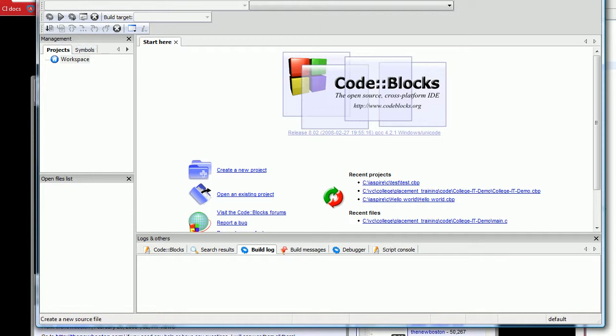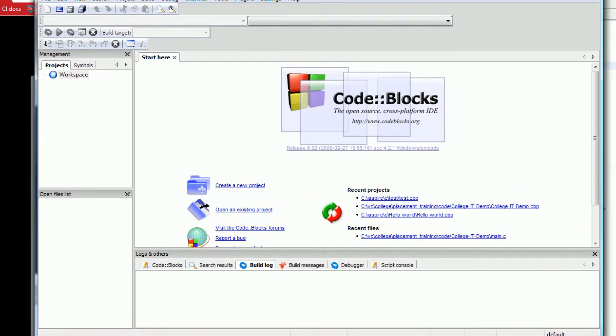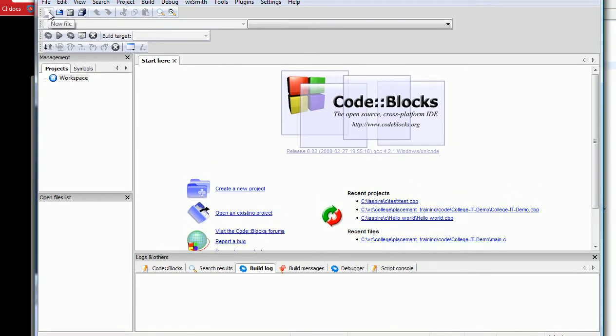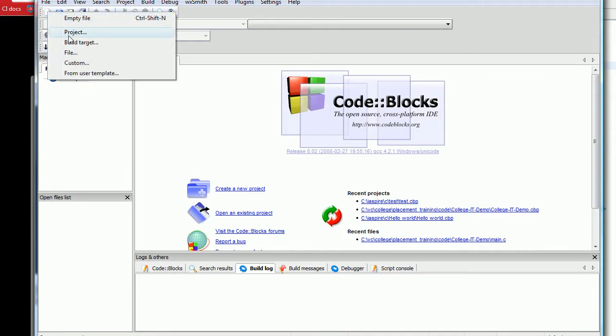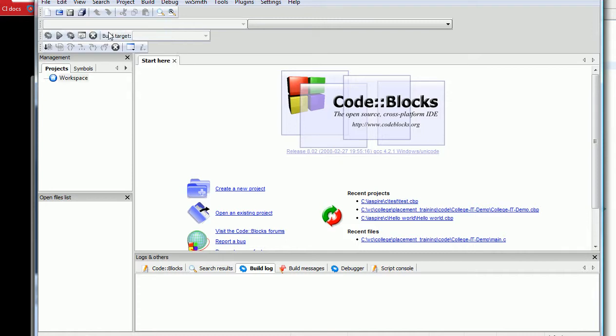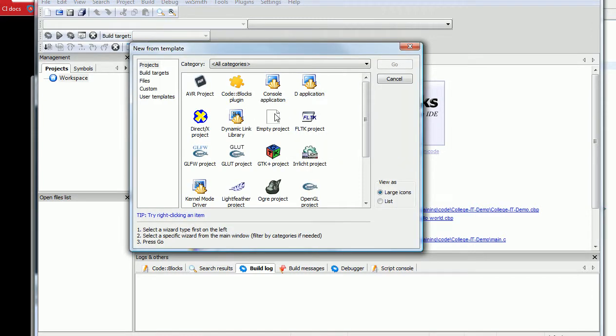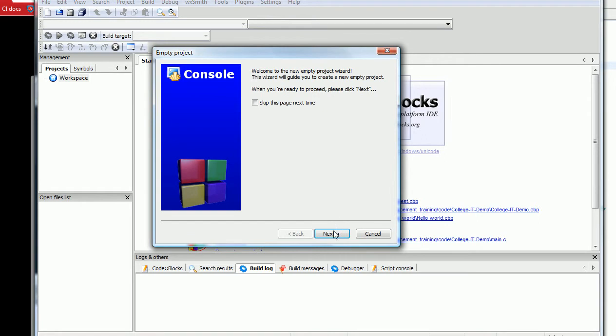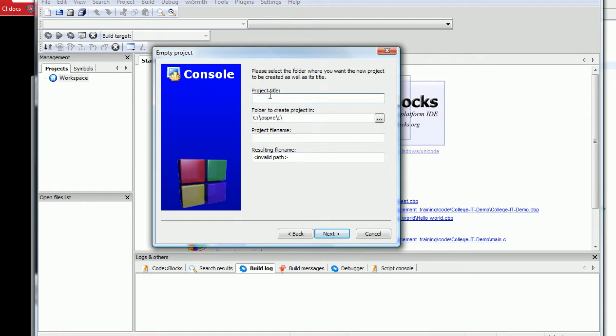So instead of talking, let's get started. Let's say we want to write our first program. You go ahead and click on the new icon here, and then you say project. First we create a project, and then the project has files. You click on empty project, and let's call our first project